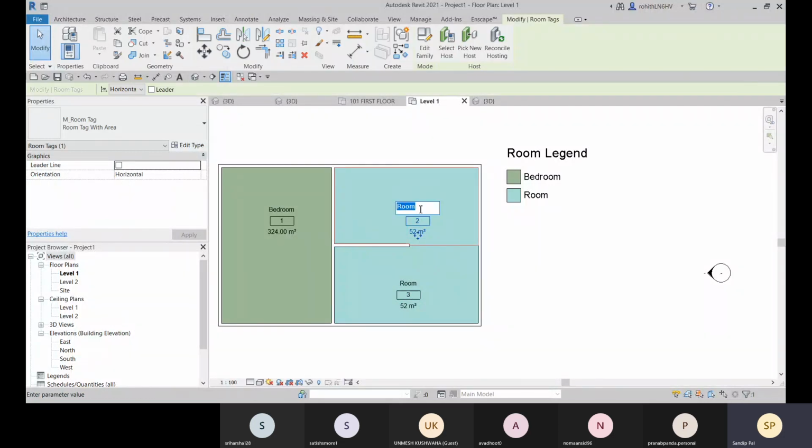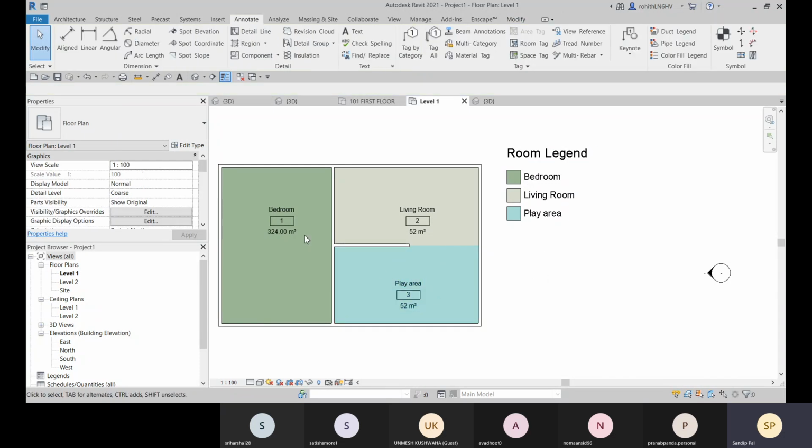We have only one bedroom and the two rooms are there. So for this, we can go like living room. And for this also, you can go with master or play area. All right. And here you can see. Now you need to change the color, right? Or any patterns you need to add.